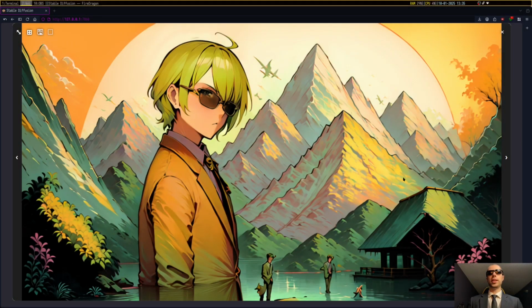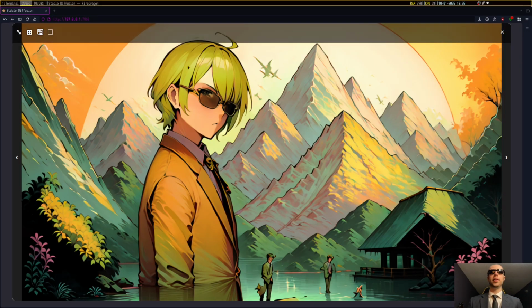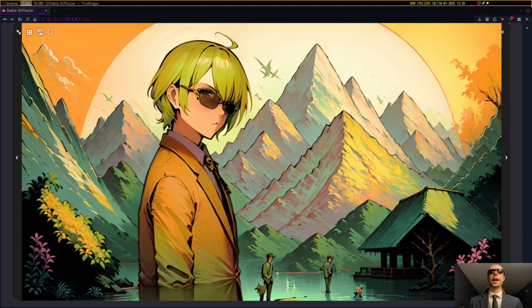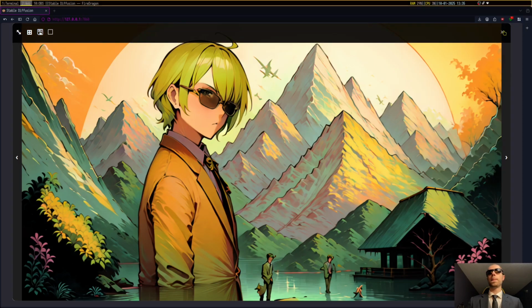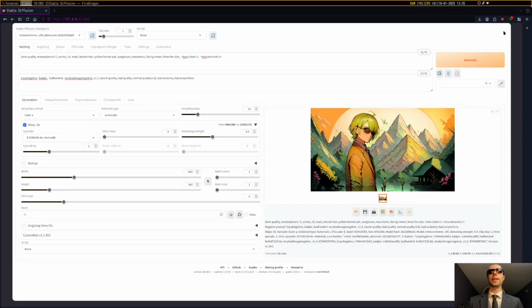Let's take a look-see. Ugh. Now, don't get me wrong, this looks okay, but look at that. That is not good. And over here, this is also very sloppy. I mean, the mountains are fine, but